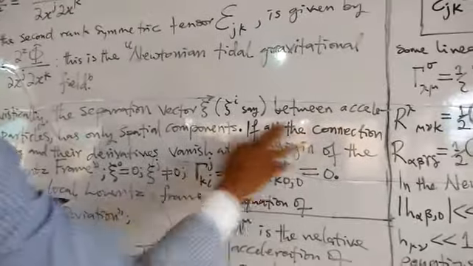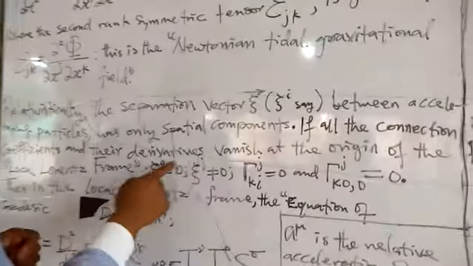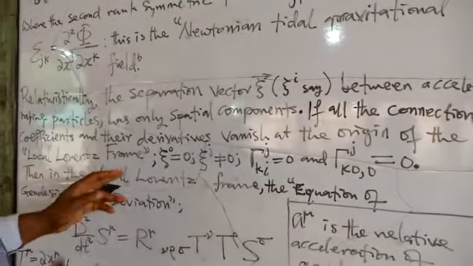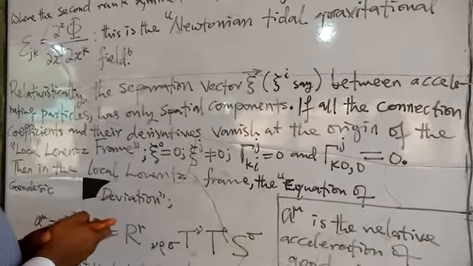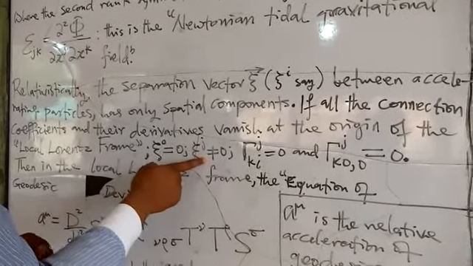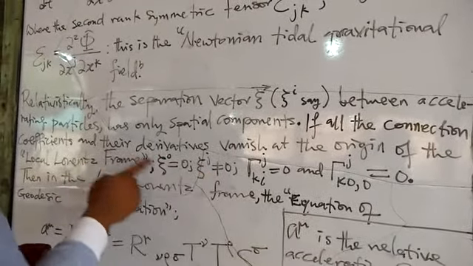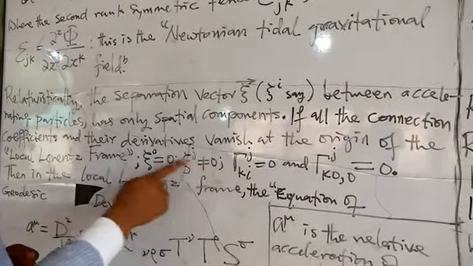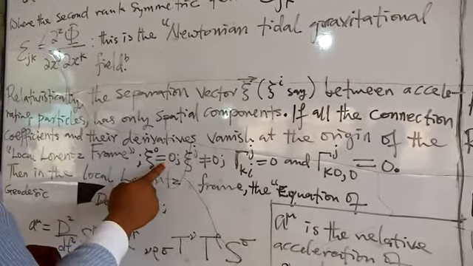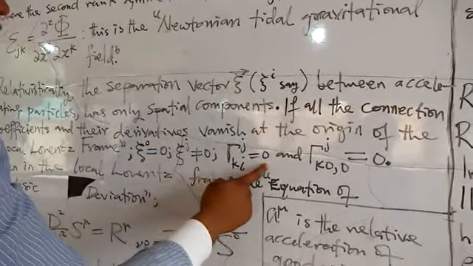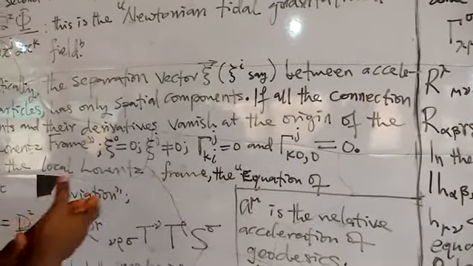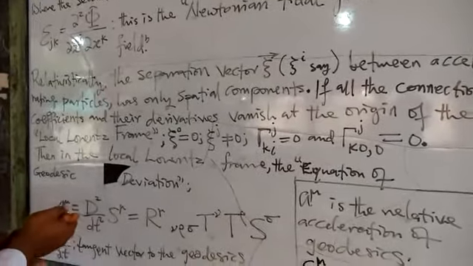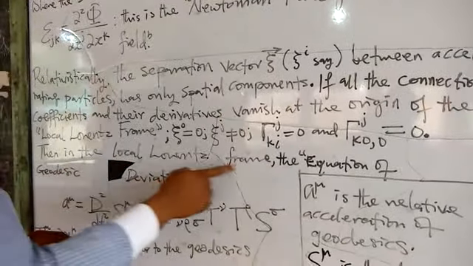Now, if all the connection coefficients and their derivatives vanish at the origin of the local Lorentz frame, and of course, if you recall, we already said that we are working here only with the spatial components, so only the spatial components of this separation vector are non-zero. This will be 0, and we've just stated that the connection coefficient here is 0, and the derivatives of that are also 0. Then it follows that in the local Lorentz frame,